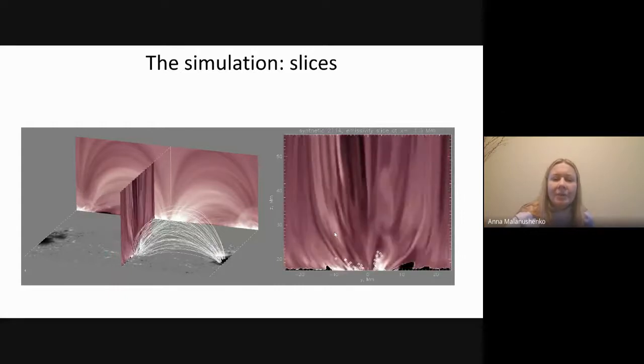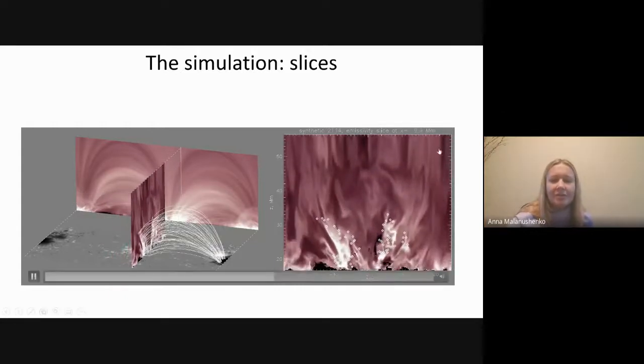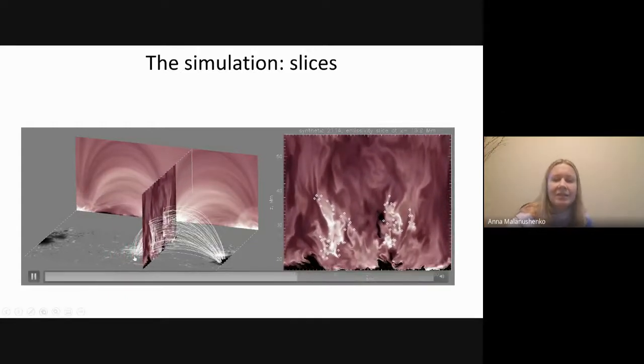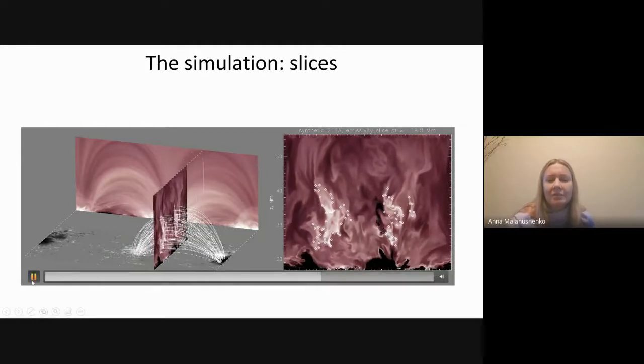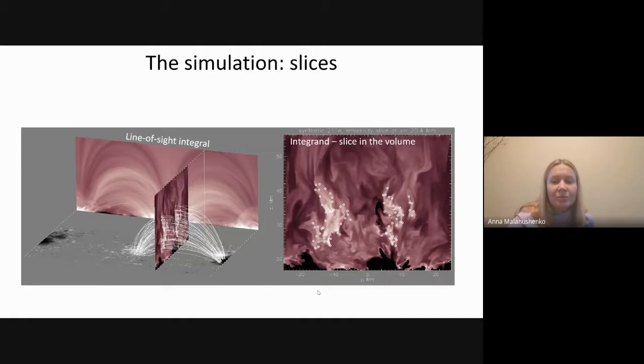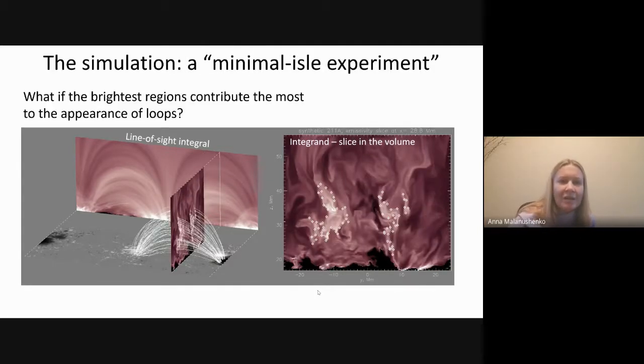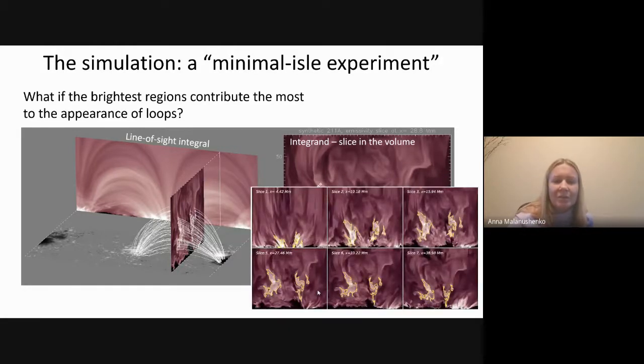Now, it is certainly true that there is scaling, there is display, and there's everything. So is it possible that only those brightest bits that you can consider somewhat compact contribute to the image, and everything else is just background? And we do subtract the background anyway in the analysis of coronal loops. So to this end, we designed the following experiment.